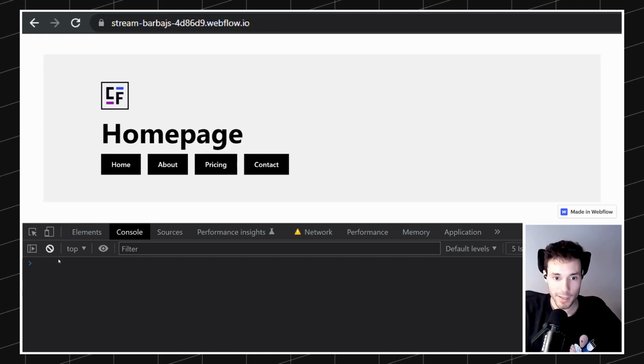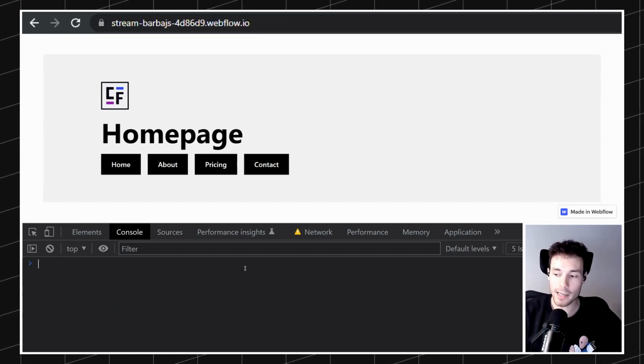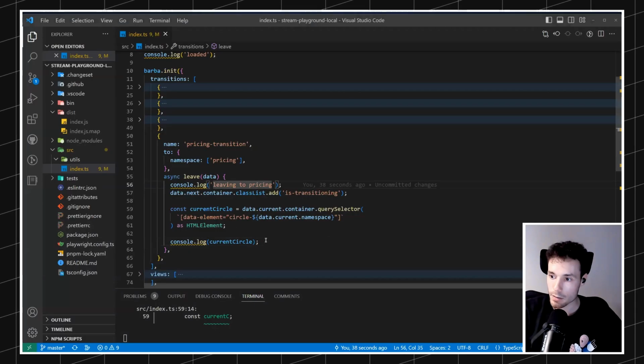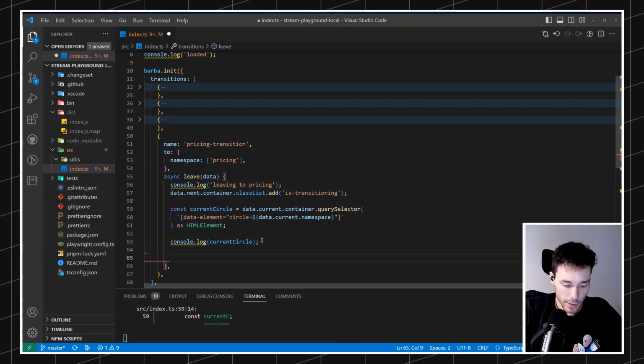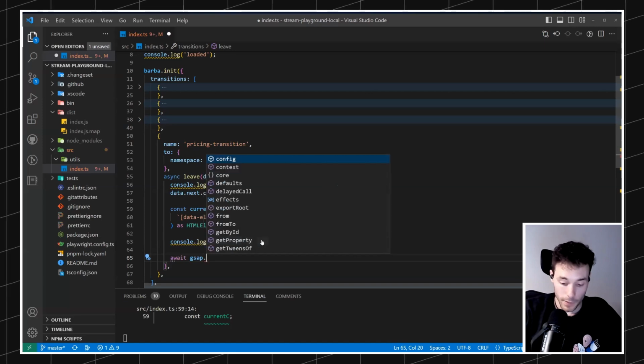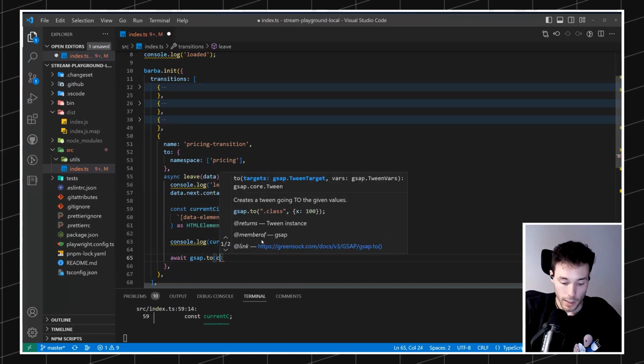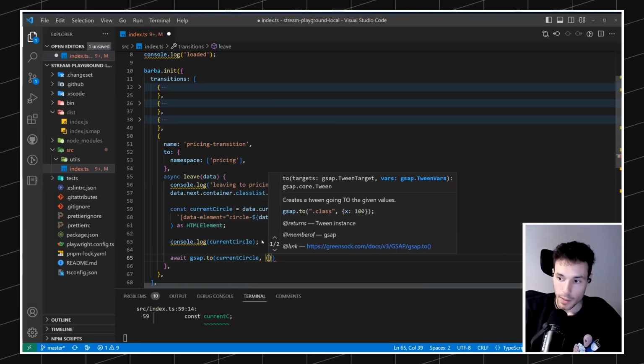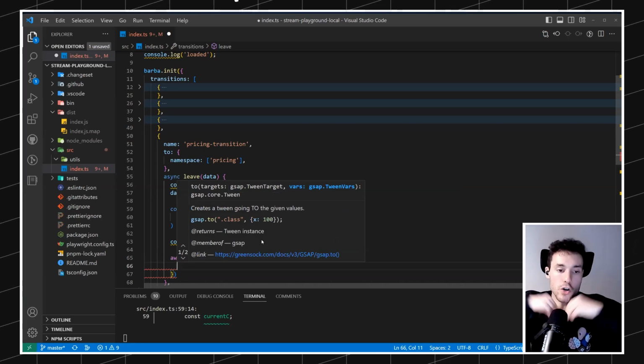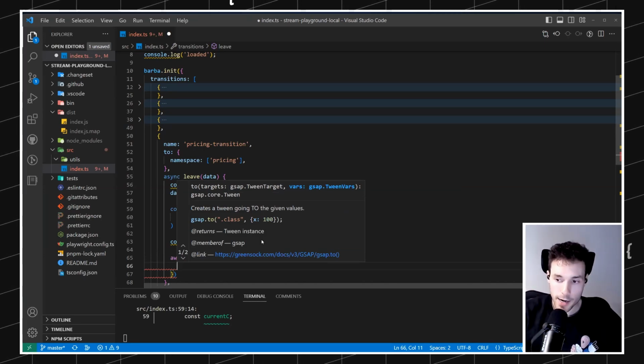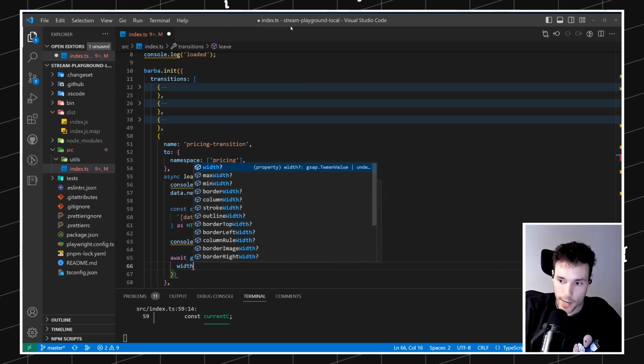So all set. The only thing that it's missing now is animating that circle. So let's do it. Then we'll use GSAP for that, and we'll call this 2. And we'll take the current circle, and we want to just grow this circle so it covers the entire page. So we'll say that the width,